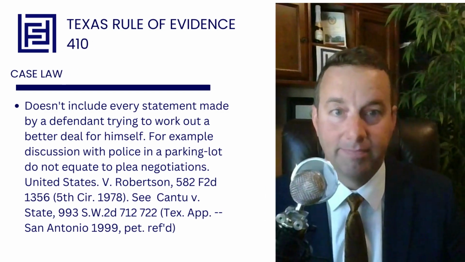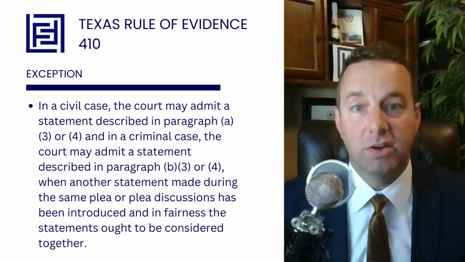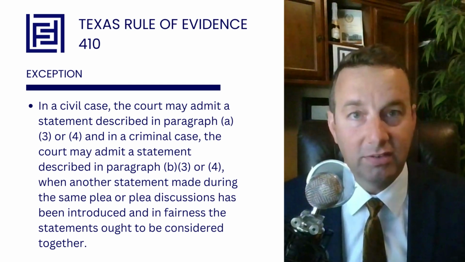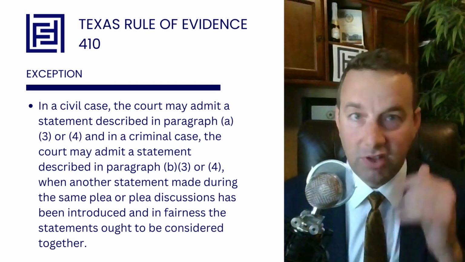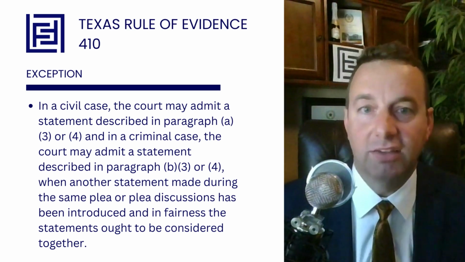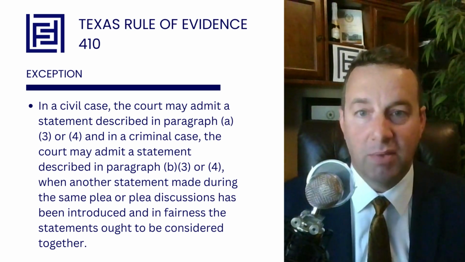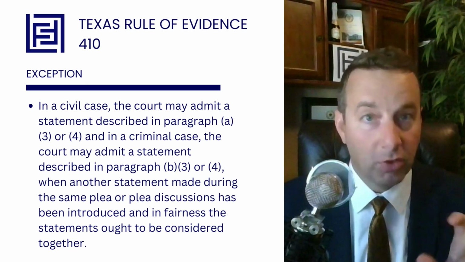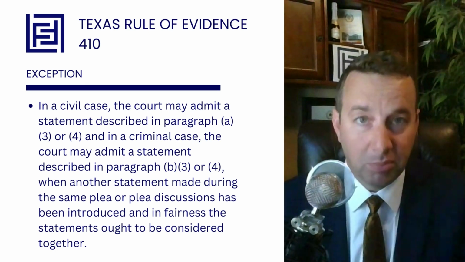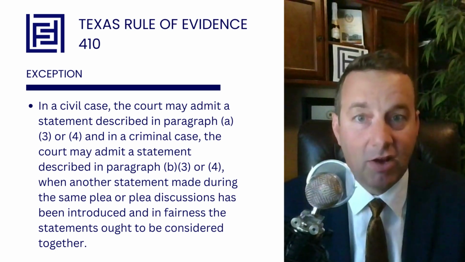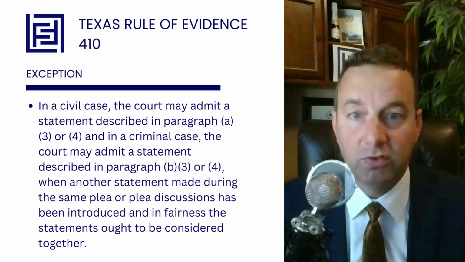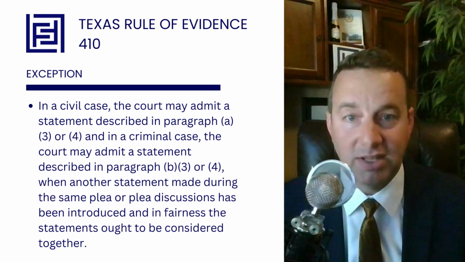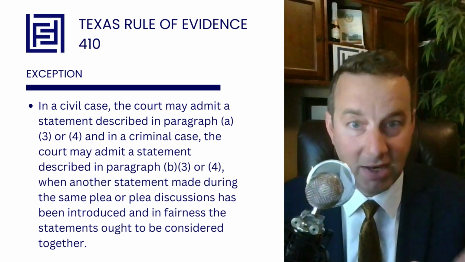It really needs to be a negotiation with an attorney for the state because the police don't ever get to decide those things. And then the last part here is what we call the exception. This is literally written into the rule just as exception, its own subheading. And it says, in a civil case, the court may admit a statement described by paragraph A3 or 4. Those are the statement ones, not the plea of guilty or the plea of no contest itself, but statements that go along with it. You can enter in those,